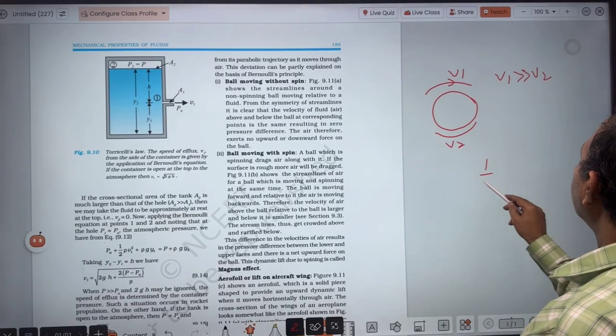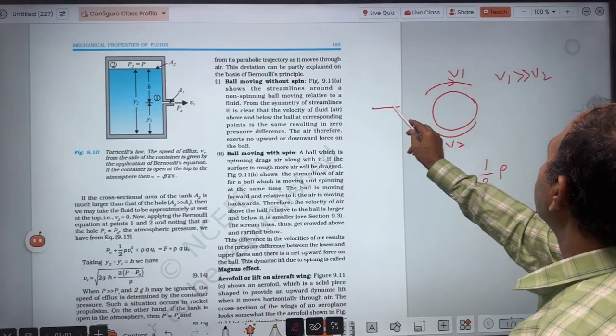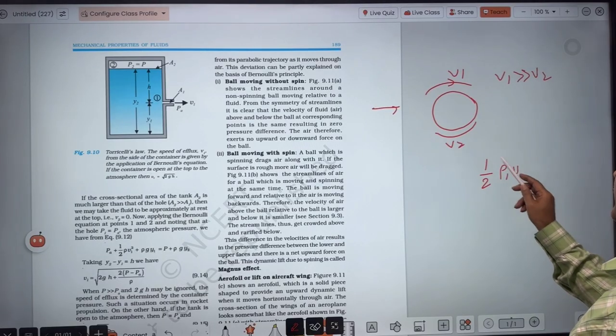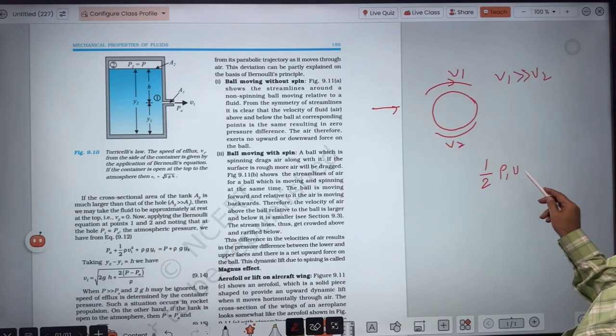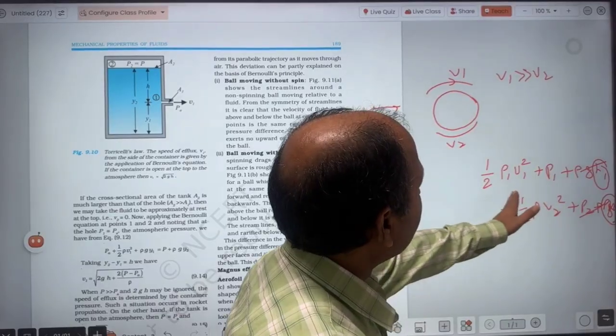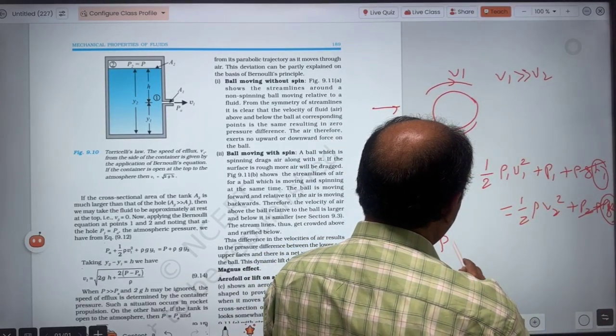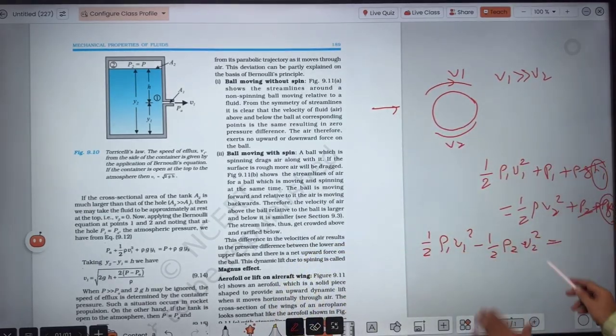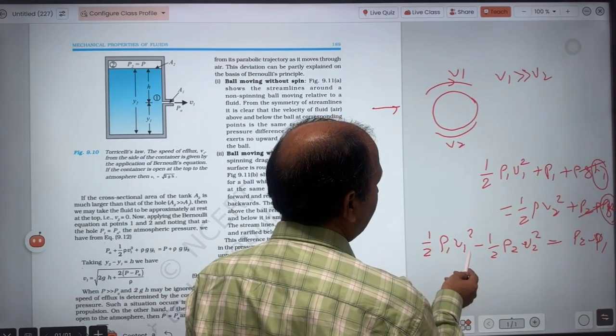If we apply Bernoulli's theorem, we write all the terms: 1 by 2 rho V1 square plus P1 plus rho G H1 equal to 1 by 2 rho V2 square plus P2 plus rho G H2. We assume that H1 and H2 are the same, so this term will not be there. In that case we can find the pressure difference: 1 by 2 rho V1 square minus 1 by 2 rho V2 square is equal to P2 minus P1. And if V1 is more,